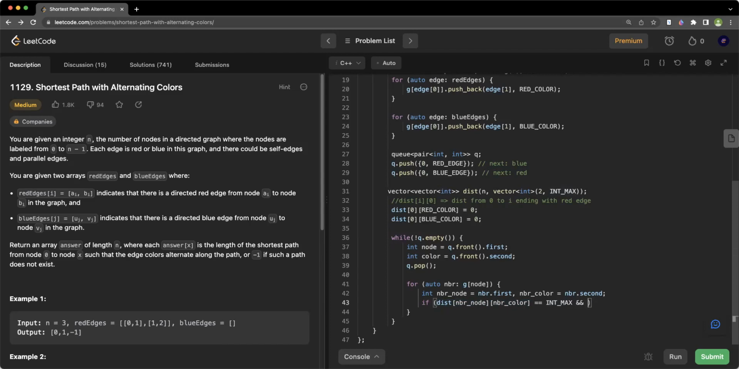We should also check this condition, right? The edge colors should alternate. So the previous color is this color, and we have to check this color should not be equal to the neighbor color. If this is the case, we haven't visited this node ending at this color, so we can visit it,